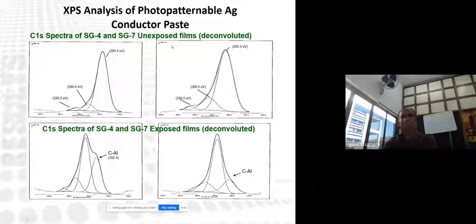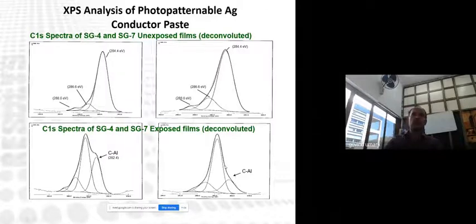We have taken the reference binding energy standard at 284.4, and accordingly corrected all the spectra. In this case, the unexposed sample clearly shows three binding energies, at 284, 286, and 288, whereas after exposure to UV light,